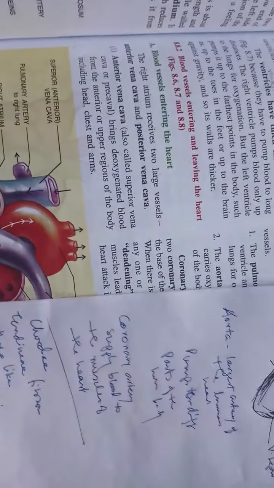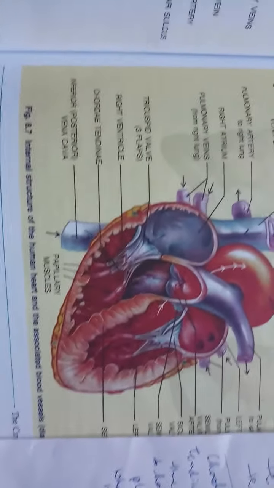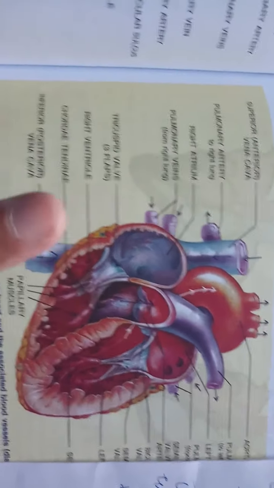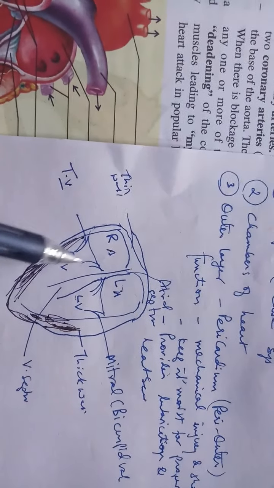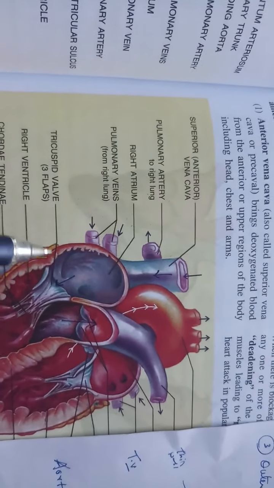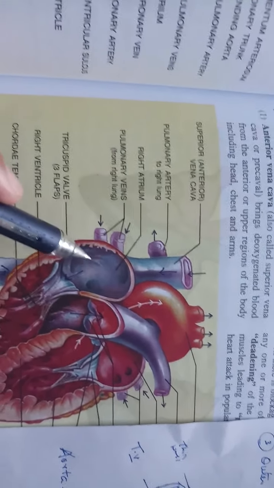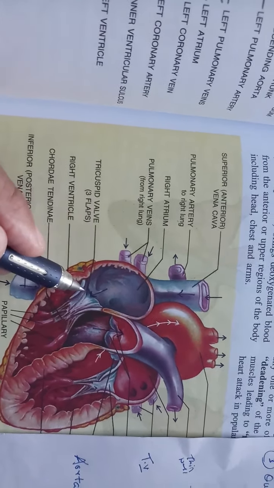Now, let us look at the other structures of the heart. When you look at the heart, you can see the valves. I have drawn the structure here roughly so you can have a basic idea of the heart and the valves. On the right side, you will find a valve which we call tricuspid valve. Can you look at this here? Tricuspid valve. It is on your right side between the right atrium and right ventricle. So that is called tricuspid valve.